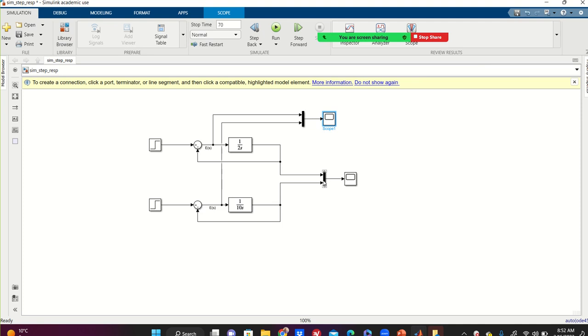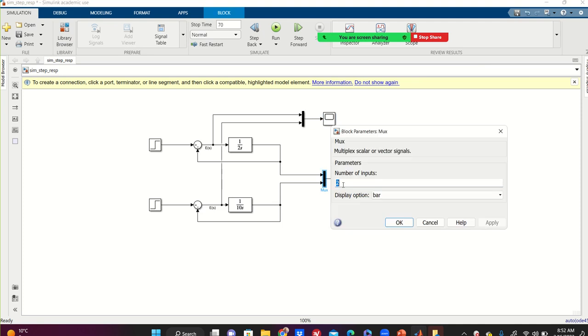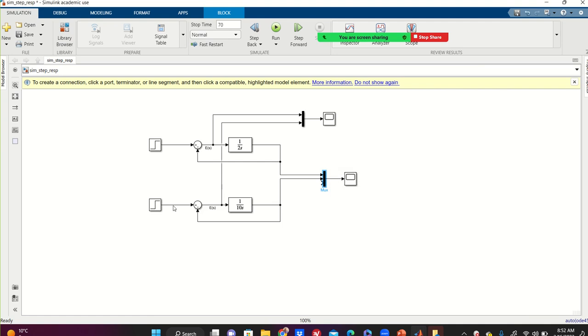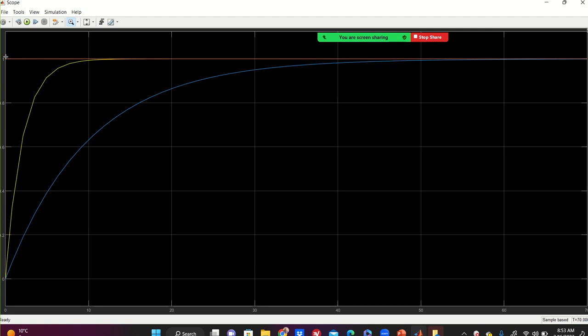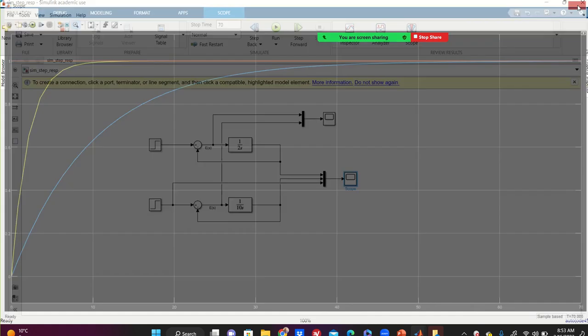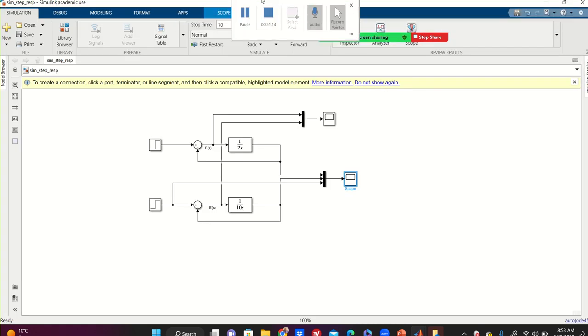Or even that, let me teach you this. I'm gonna say 3. Why? Because I'm gonna compare the real output with one of the inputs, which is a step. That's right. See? So if I now run it, see guys, this is the input, this orange. That's right. Input is a 1 unit step. So I'm gonna share all of them with you. So let me first